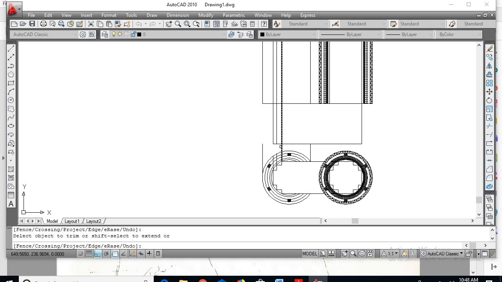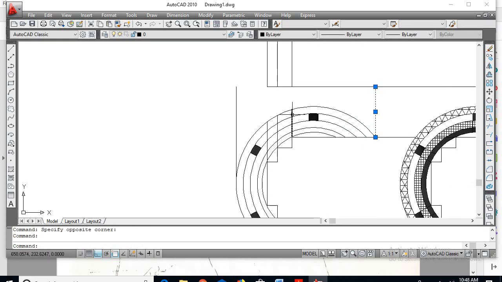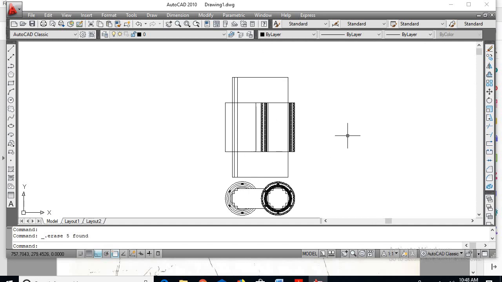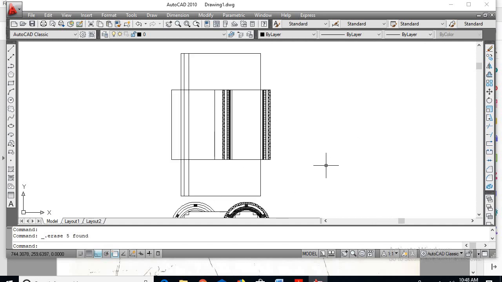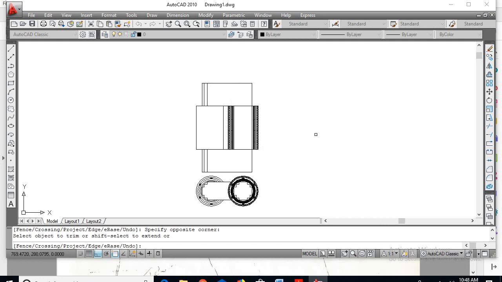Now select these lines and delete. Since I cannot see the steps inside the coil, I can even go for trimming this, so we have to trim this. So this completes your diagram.